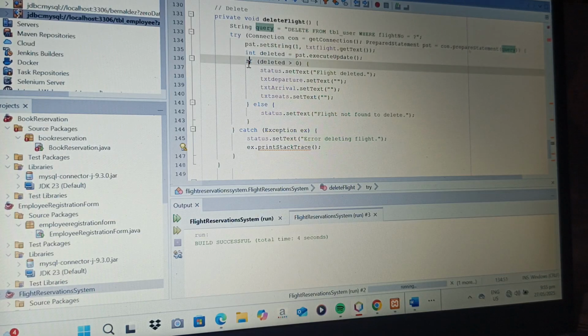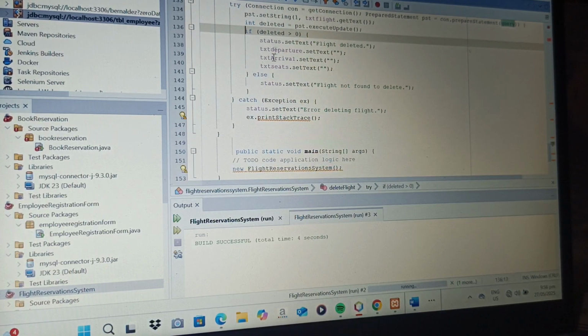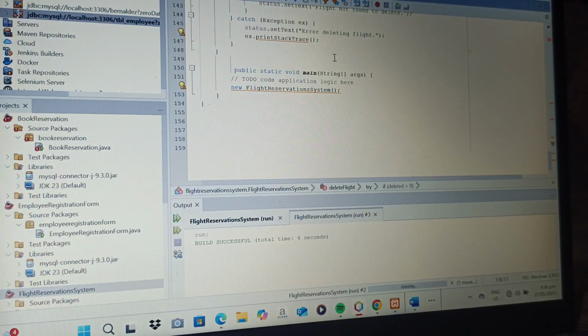If a row was deleted, clear the form and show success, otherwise indicate no flight was found. Then catch, another one that handles and logs errors.